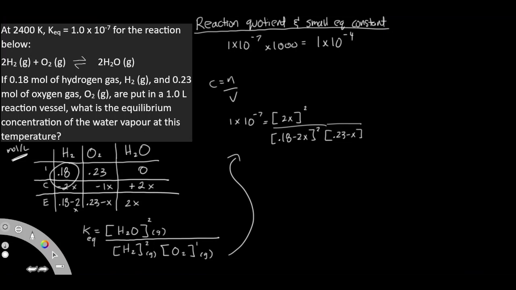Let's look here. We have our H2 reactant, 0.18. Obviously, this is much smaller than 0.18. Same thing. Let's compare this with our O2 reactant, 0.23 concentration. Of course, this is still much smaller than 0.23. So this rule now applies, which means that our equilibrium expression can actually be simplified, because right now